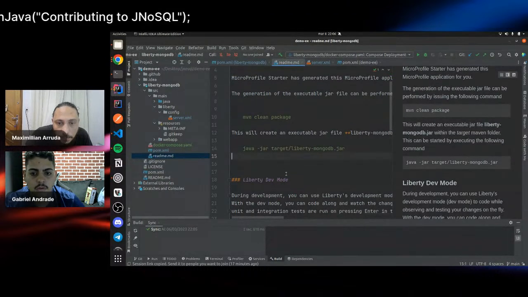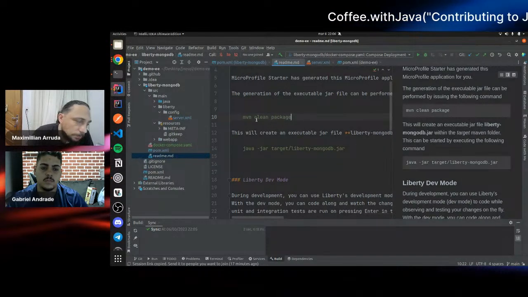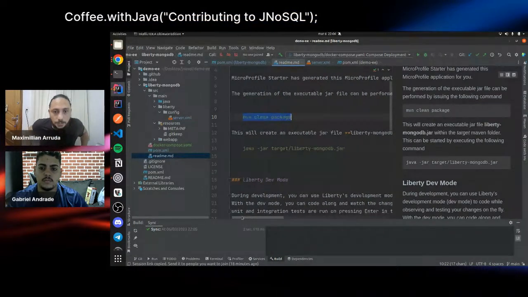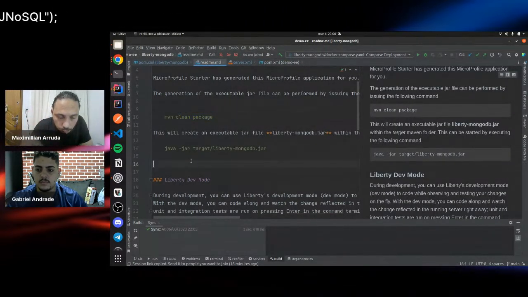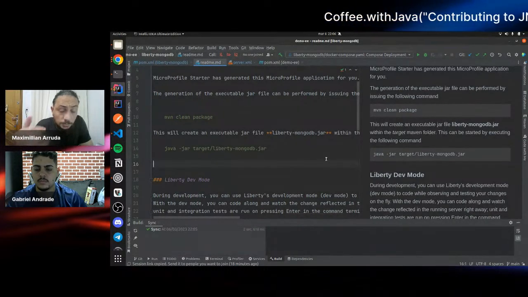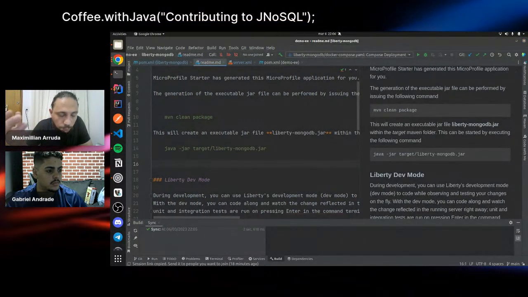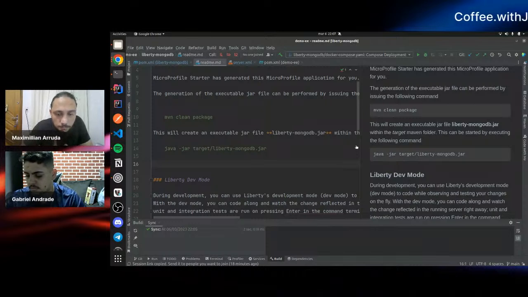For this line, you package your application. It's just a Maven application, so it's a Maven build. You could type this one to build, and when it's done, you could run from Java jar. You can do this, but we could also execute the plugin, and through the plugin you will be able to execute everything as well. So I prefer to